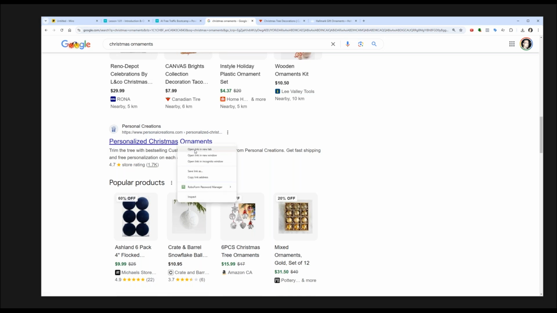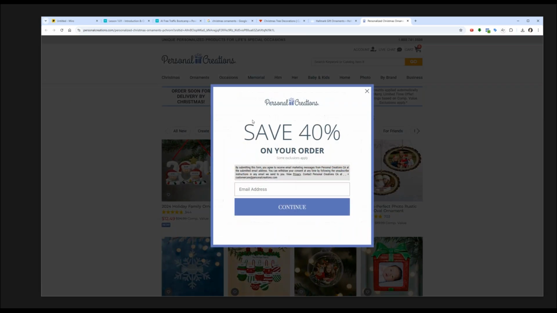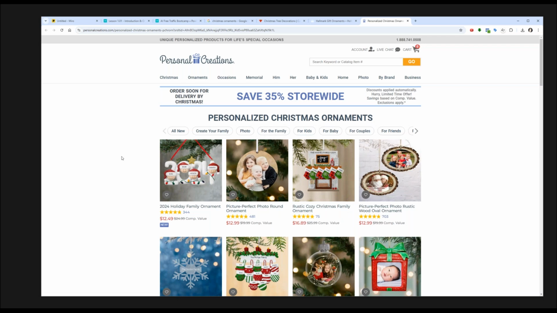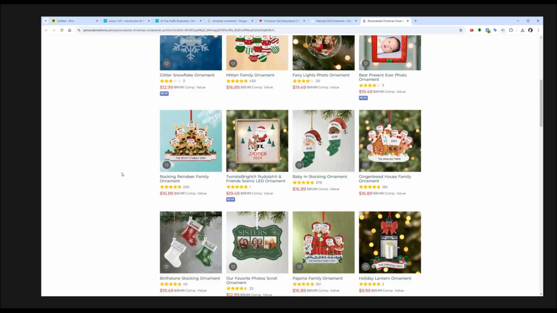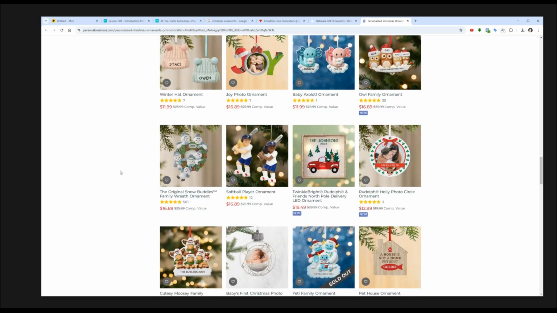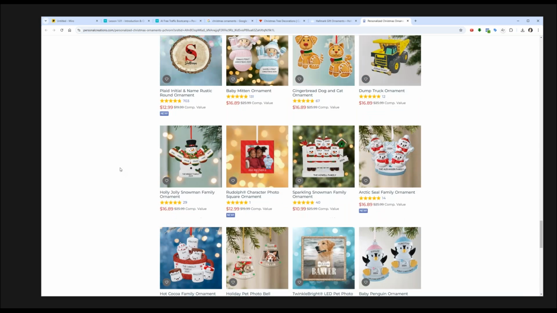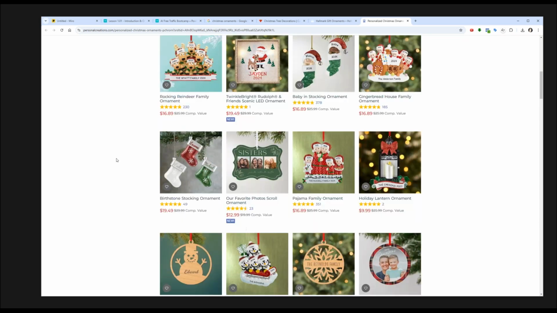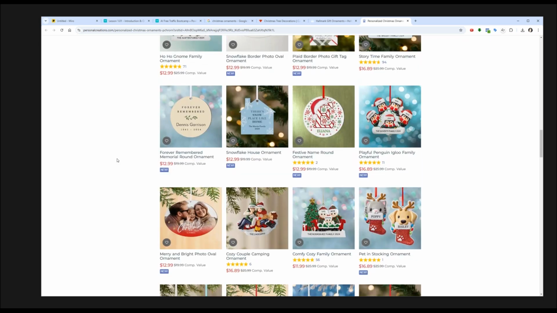Personalized Christmas ornaments. That's standing out to me. So I go here, and now look at that. So this, oh man, pop-ups like this annoy me. But here we go. I think this is a Shopify store. Looks like it at first glance, but they're selling ornaments. And where'd they send me? Right to a collection of ornaments. So now, yeah, I can browse around and I can look through. I can even use their internal search feature here, search by keyword. But the point is, this is free traffic to this store, and that's what we can do.